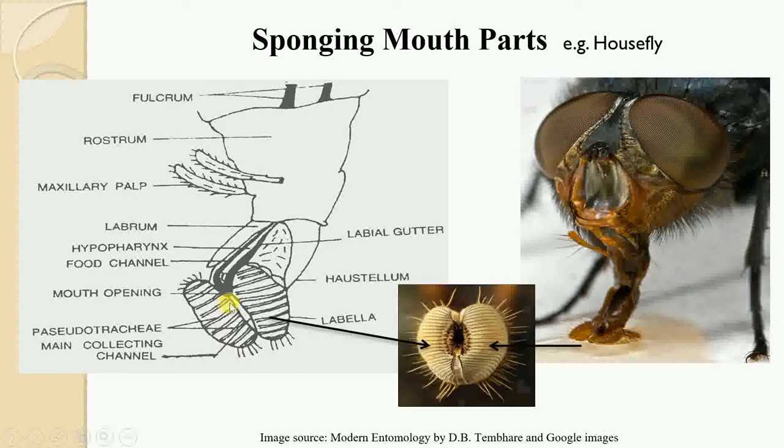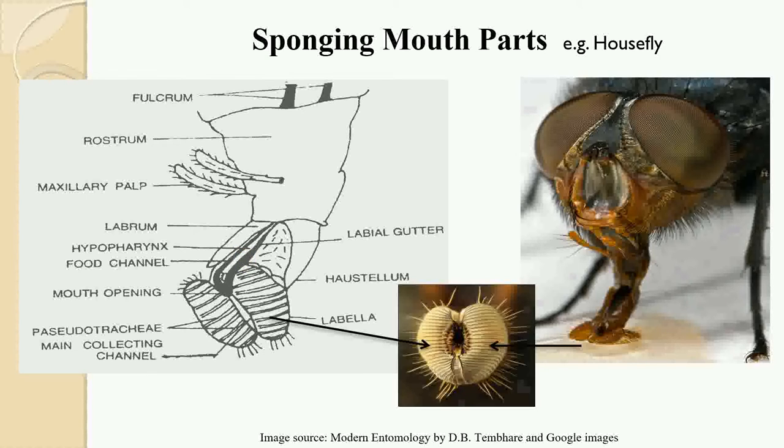The third part, or distal-most part of the proboscis, is referred to as the pseudotrachea, or also the distiproboscis, as it is located at the distal portion. It is formed by the labellae or the oral suckers. The food canal lies between the labrum and hypopharynx. So this is the labrum and this one is the hypopharynx, and between them there is a food canal